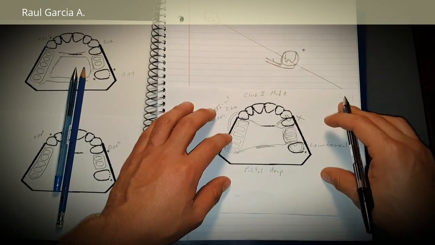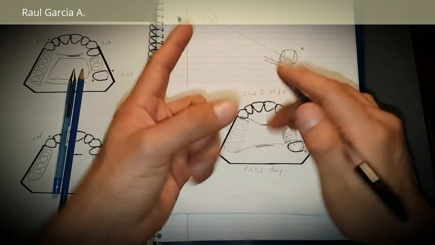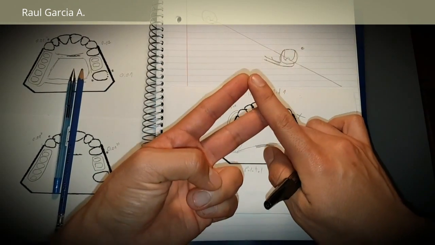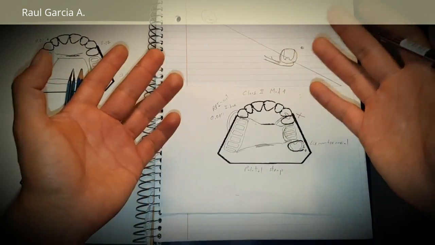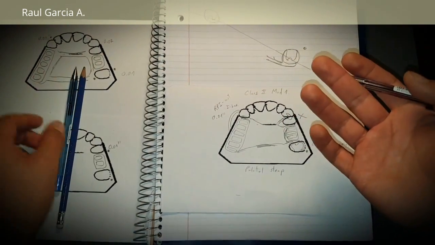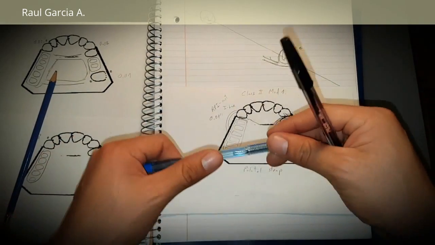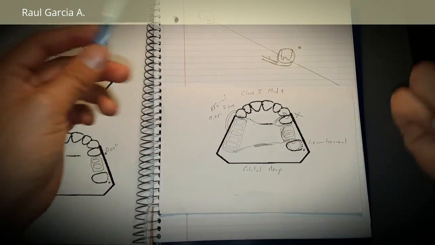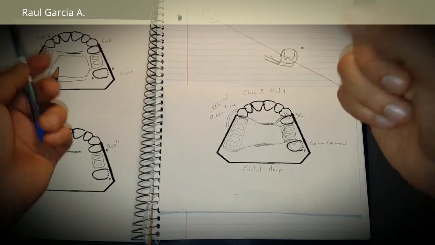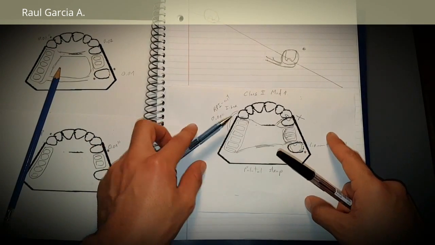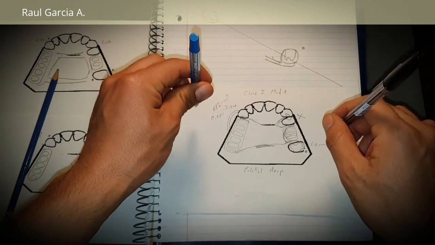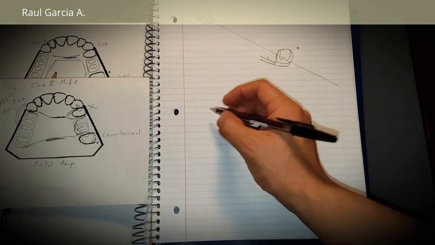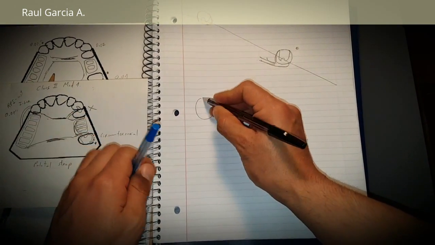Whenever we have one free end saddle, or two free end saddles in a class 1, in this case a class 2, we always have a definite fulcrum line. Okay, so from where to where does this fulcrum line happen? So this fulcrum line happens from rest to rest. Okay, so whenever you decide to put a rest